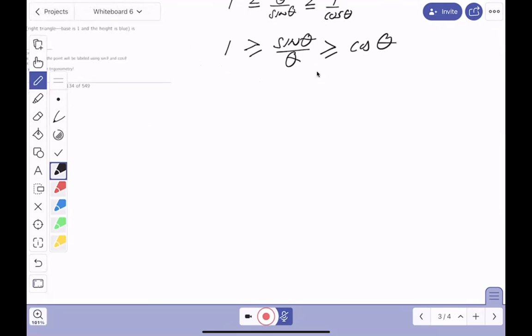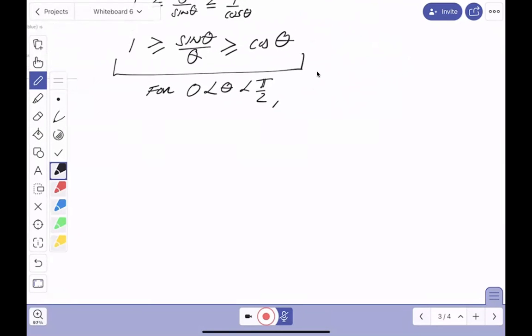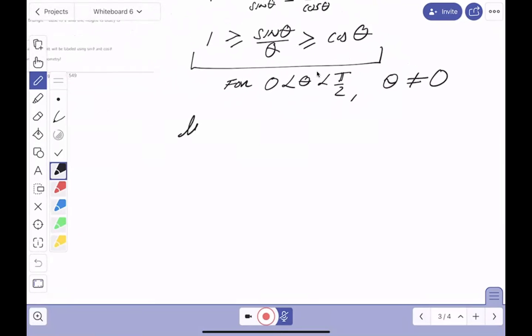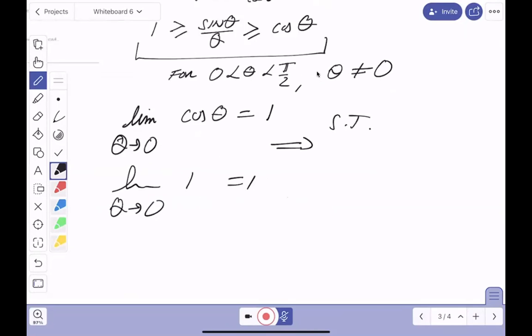I have a squeeze. Let's put it down. This squeeze holds for theta between 0 and pi over 2, except that theta can't be 0. Well, the squeeze theorem holds. Let's write this down. The limit as theta goes to 0 of the lower function, which is cosine theta, equals 1. The limit as theta goes to 0 of 1 equals 1. So by the squeeze theorem, I can now conclude that the limit